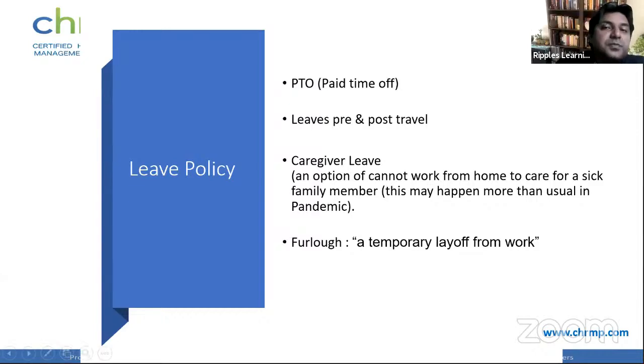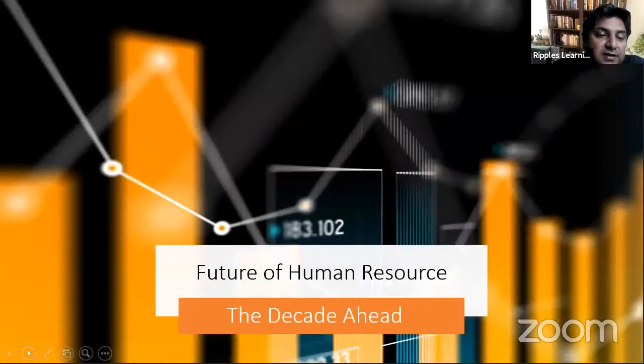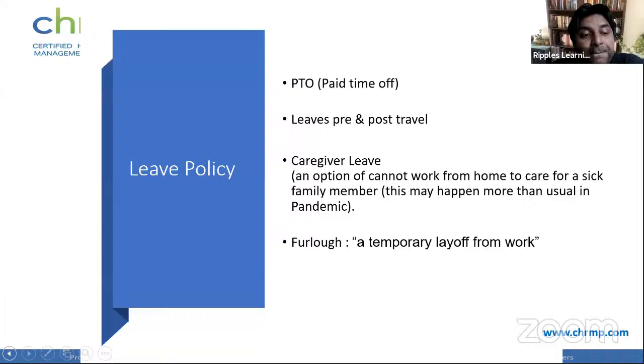And that option is also being included in organizational policies, which is very, very important, right? Great. So this was all that I discussed in terms of leave management. Again, as I said, I will take all your questions in the next 10 minutes after I'm done with discussing a very, very important thing.